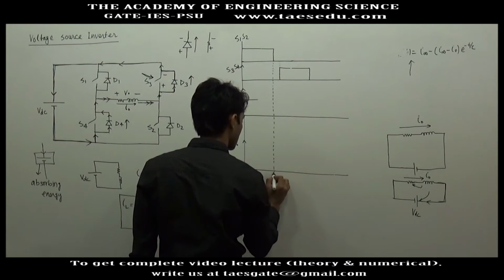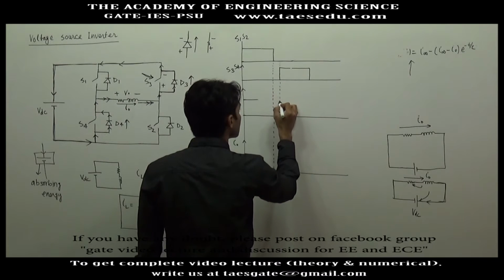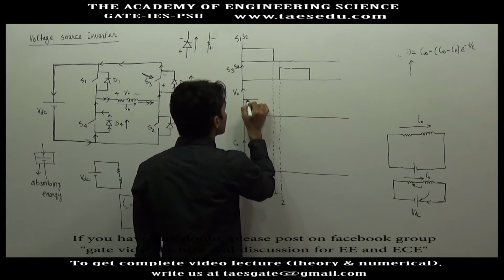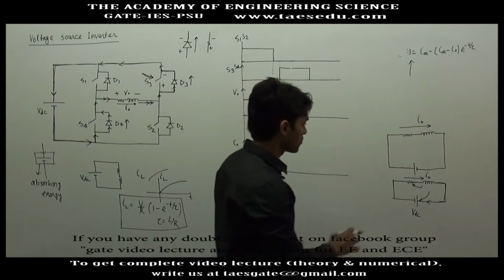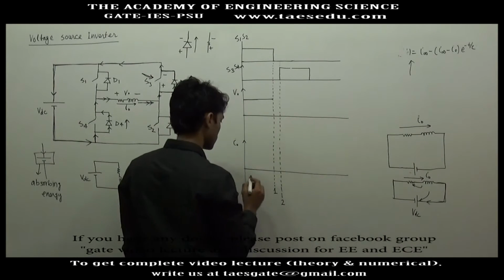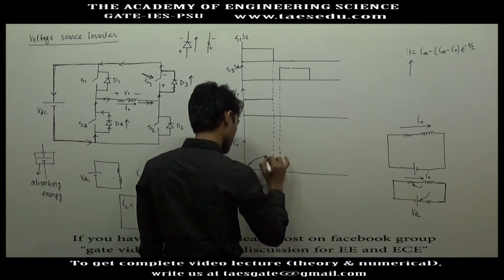Let's say this is instant 1, this is instant 2. Let's say you are getting positive voltage here. So corresponding to positive VDC, current will increase in positive direction. So let's say current has risen to this value,